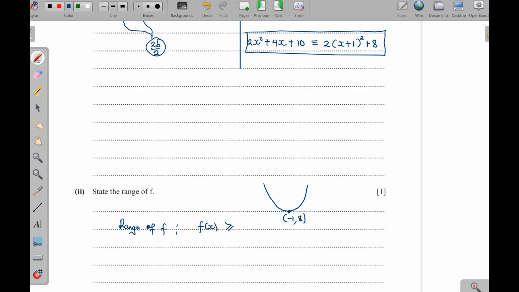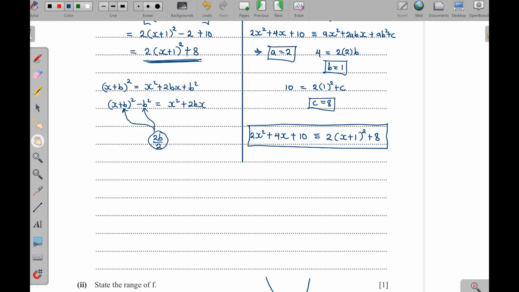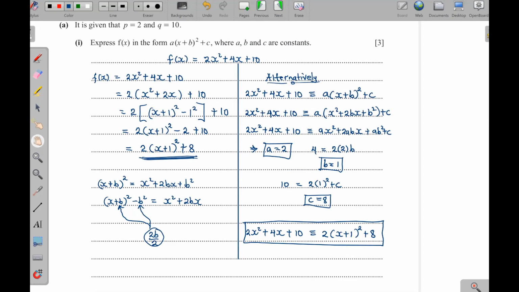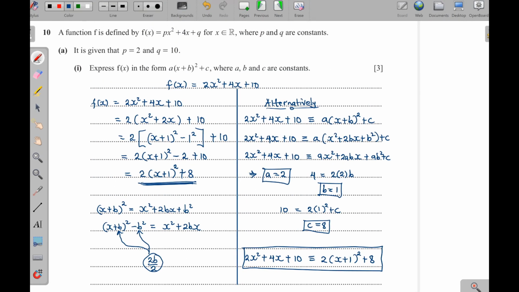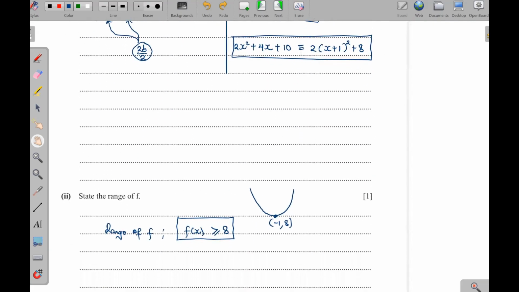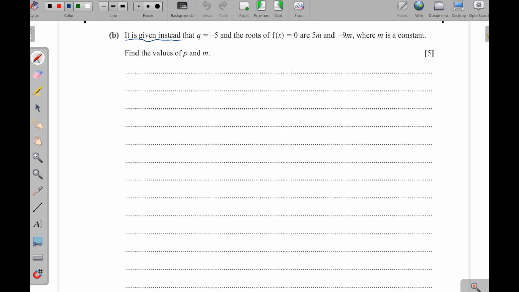So that means the range of f, it has to be f of x greater or equal to 8. I'm putting greater or equal to 8 because remember this is open-ended. So if the domain is open-ended, then even the x value here is inclusive. So that is that. Part B, it is given instead that q is equal to -5 and the roots of